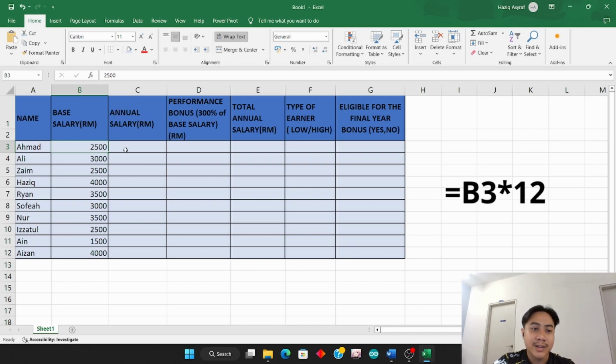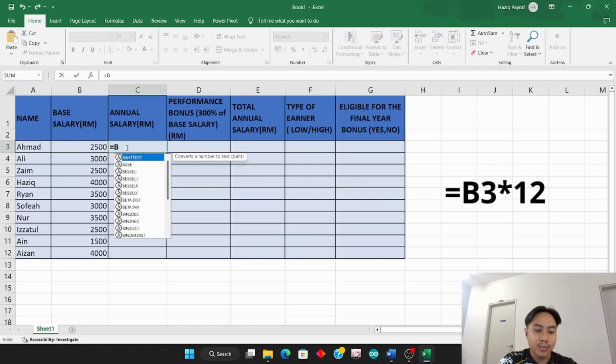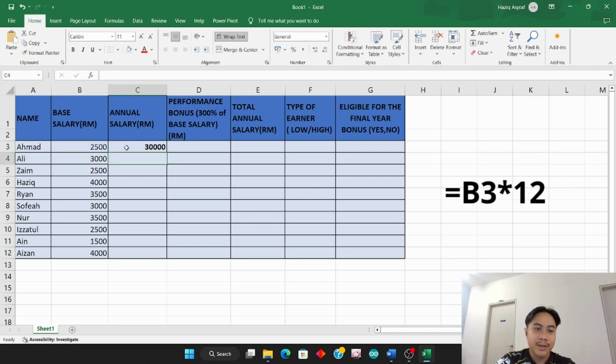To calculate his annual salary, which is in cell C3, we are just going to put in a simple formula. The cell is C3, but the data is in B3. So we are going to put B3 times 12,